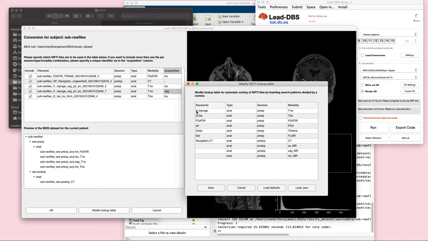So here initially, if there is a Nifti file containing the keywords T1 MP rage, they are usually mapped to the T1 weighted modality, and the session is pre-op and the type is a NAT. If you want to change this and say no, any keyword of T1 should map to a CT, for example, then you can double click and edit that, and you can save it, and this will be saved in your UI preferences file, that is the machine preferences, so that the next time you perform the Dicom to bits conversion, your algorithm will remember that anything with a T1 and MP rage should be converted to CT instead of T1